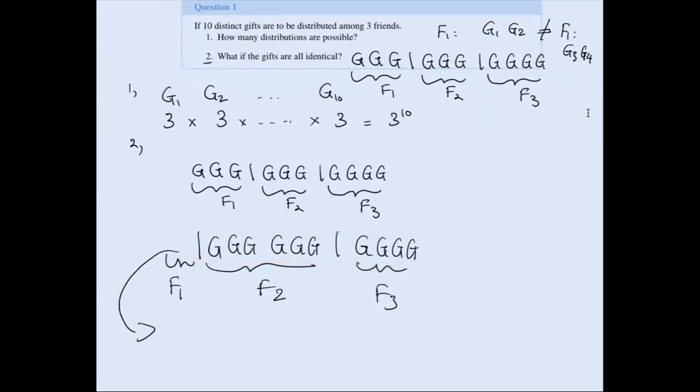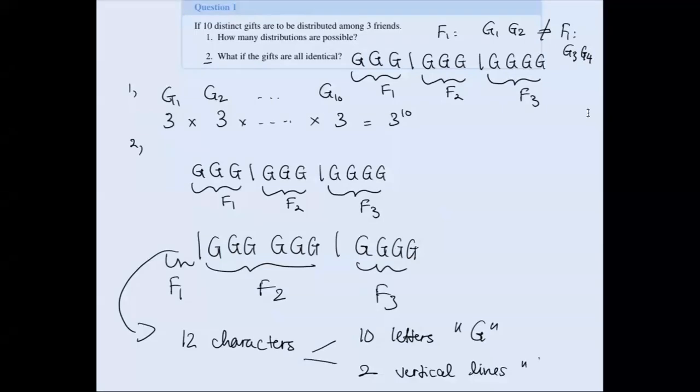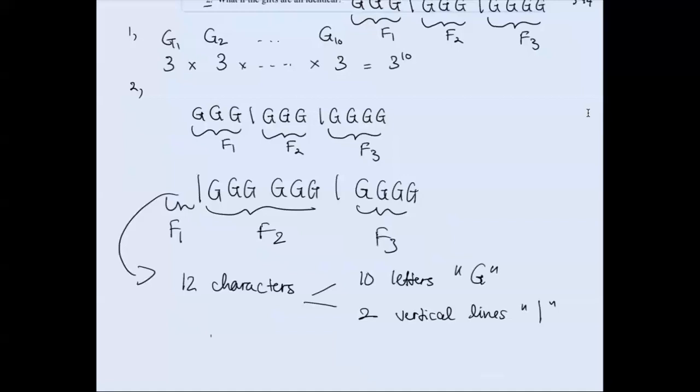And this sequence of characters has 1, 2, 3, 4, 5, 6, 7, 8, 9, 10, 11, 12. You have 12 characters. Out of them, you have 10 letter G and 2 vertical lines. So the number of ways to arrange them is 12 factorial divided by 10 factorial times 2 factorial,